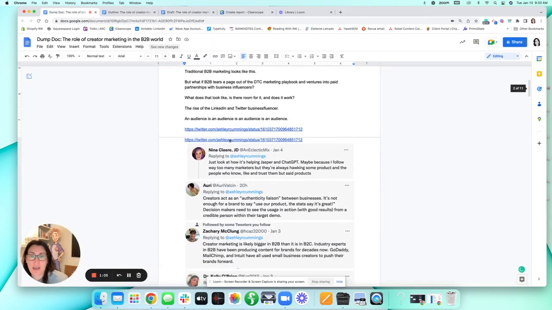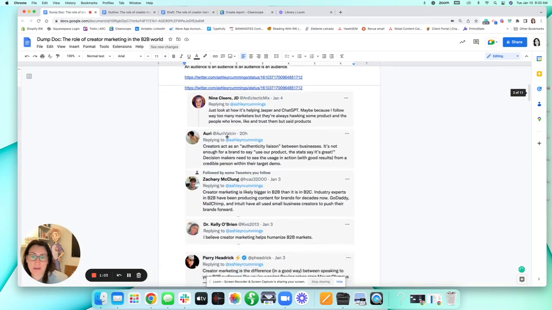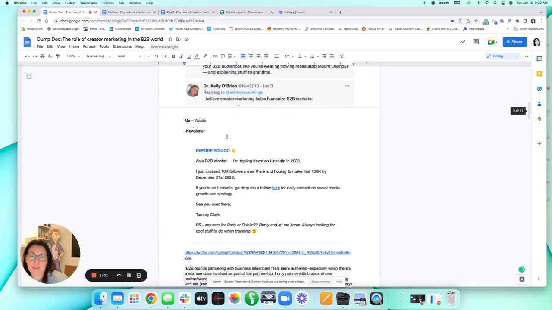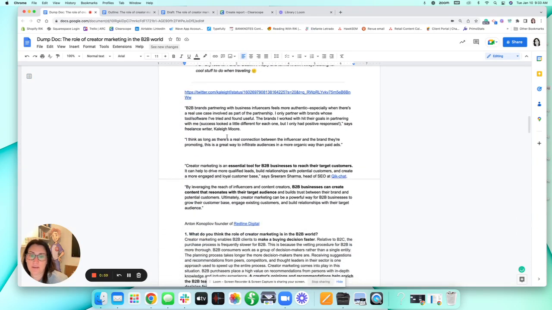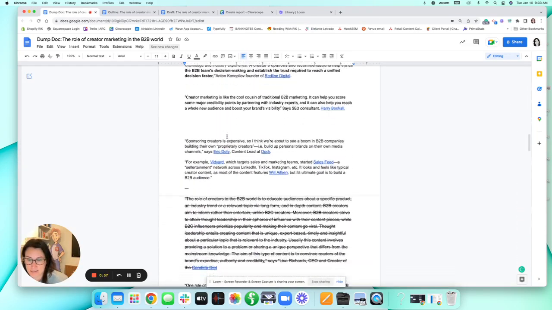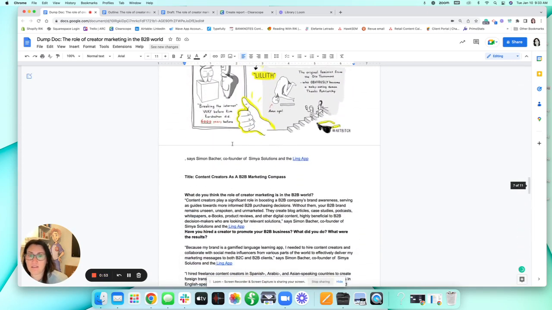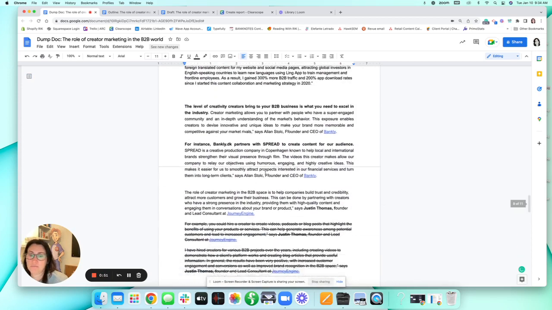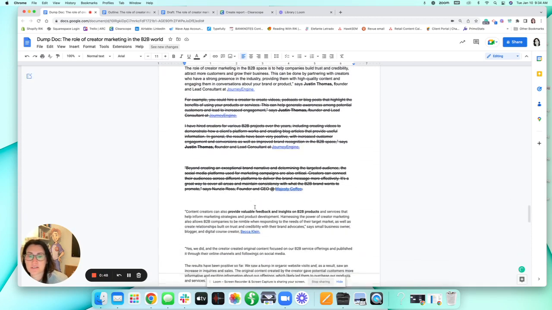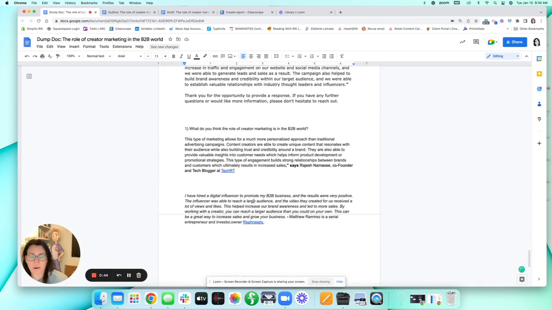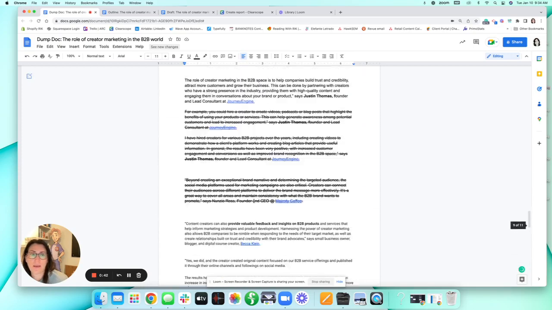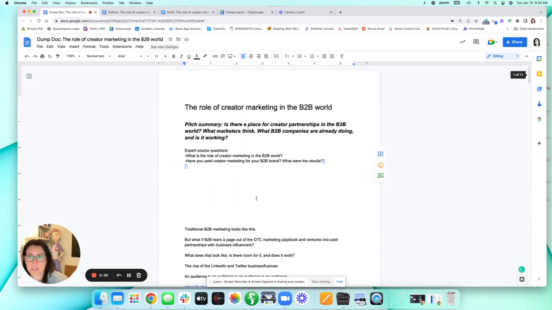So I'm researching, I basically just go through, like I mentioned, I dump everything that's relevant, and it's super ugly. I mean, it just looks like a disaster, but it gives me an opportunity to get everything, all the quotes, all of the links that I might use, stuff I decided not to use, just get it out there on the page so that I can go through and organize my research later.